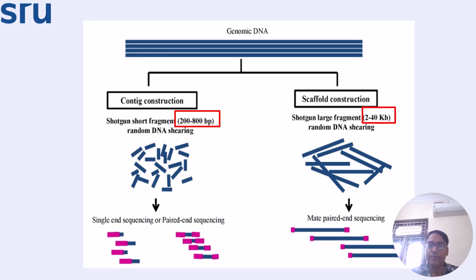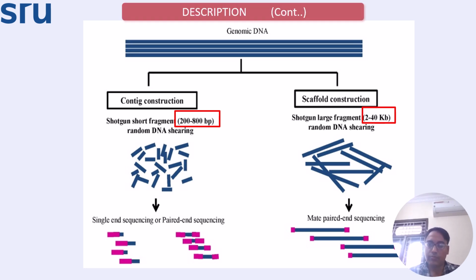Okay. So contigs are only 200 to 800 base pairs, only this size. When we went to scaffold, it went on to a substantially large sequence segment, 2 to 40 kb, a large amount. So now you understand that 3 billion base pairs means much, much larger. So then scaffolds are also combined.